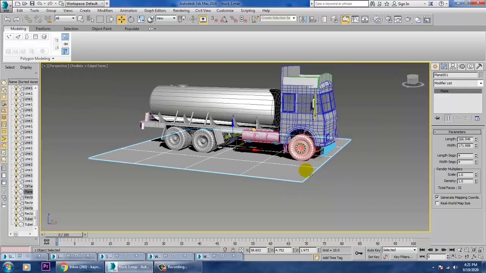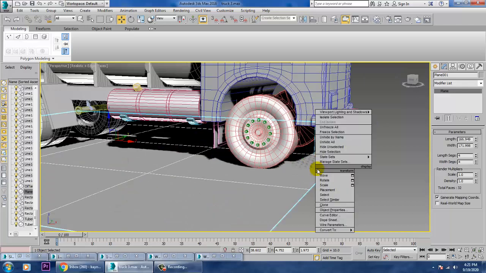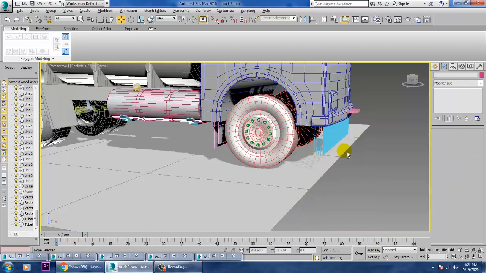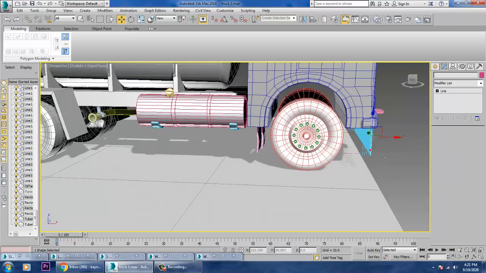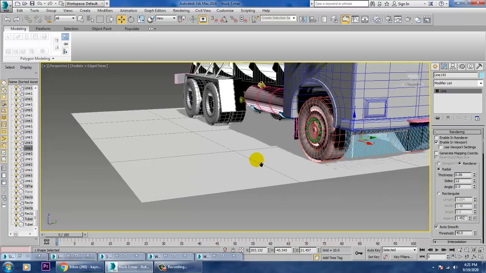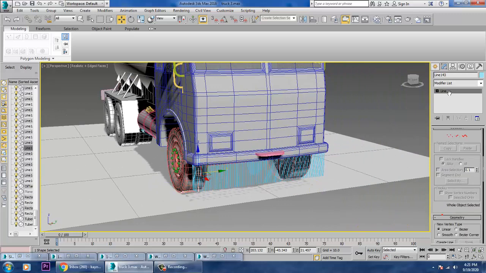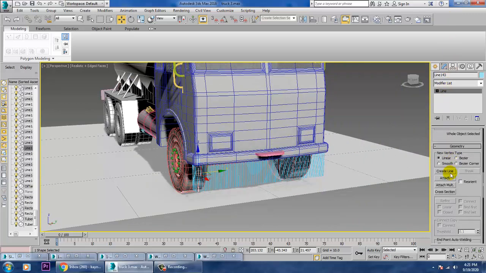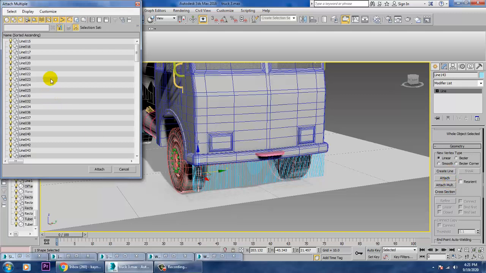So once you're done, we can select this. You can just freeze this stuff, select this one, and you can just attach it all, attach multiple.